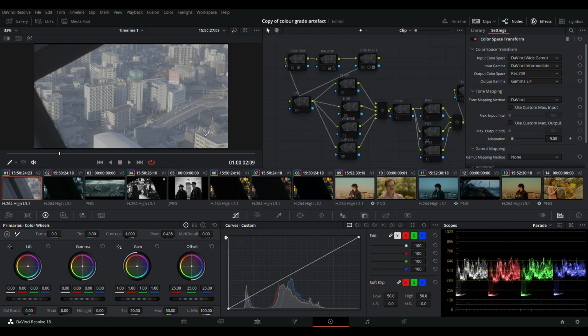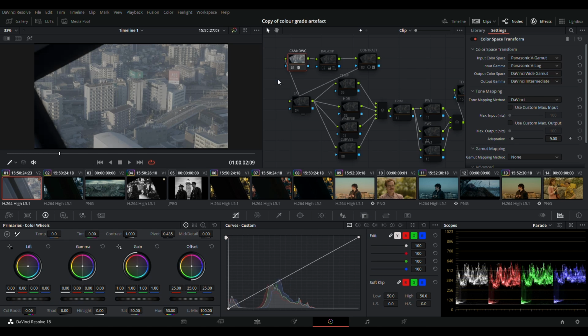This is log footage filmed in Japan using a Panasonic GH4. The first step you want to do is convert the first node into a color space using whatever settings you had on the camera, which mine is a Panasonic GH4, so I adjusted the input color space to Panasonic V-Gamut, input gamma Panasonic V-Log, output color space DaVinci Wide Gamut, output gamma DaVinci Intermediate, which will not create a huge difference in the look,